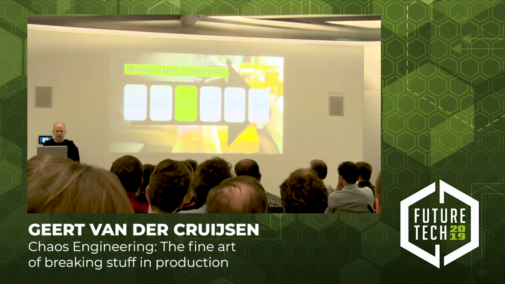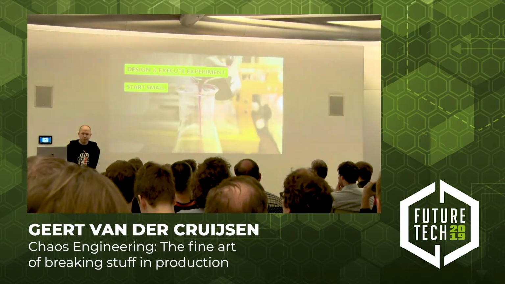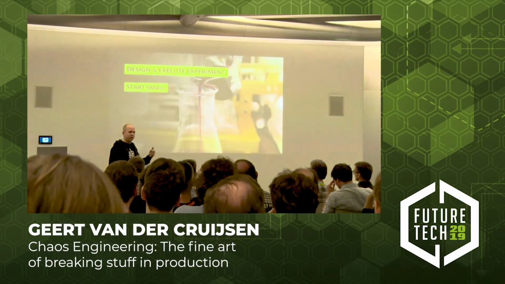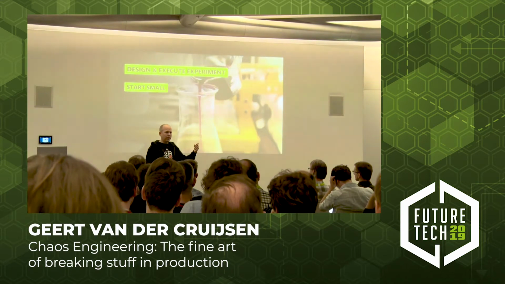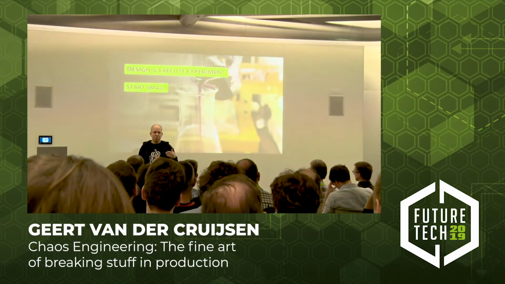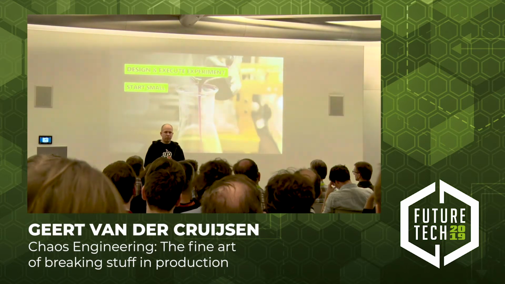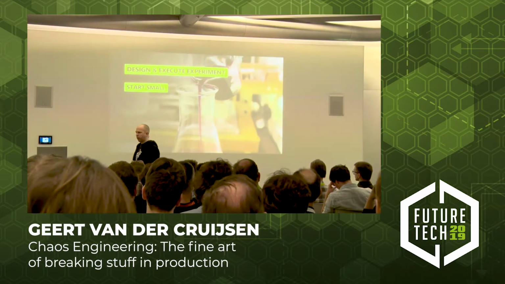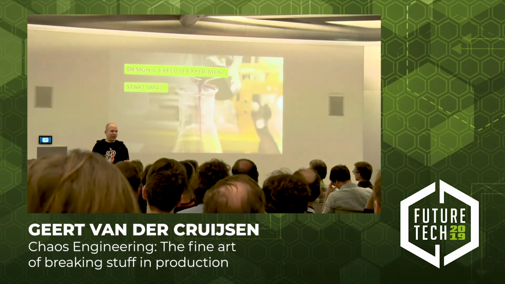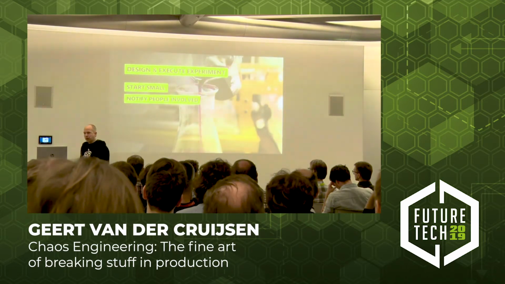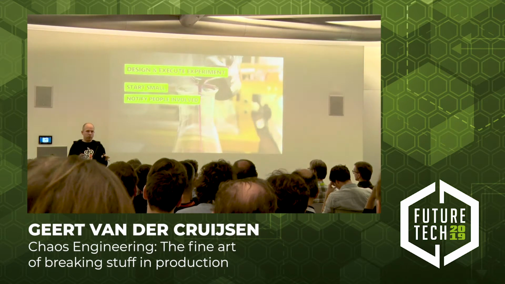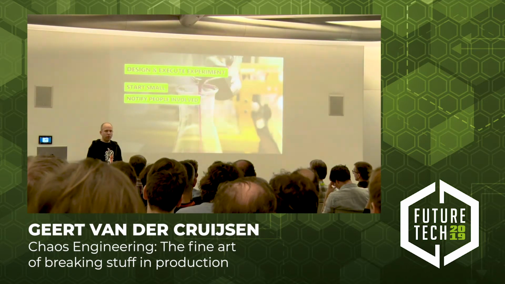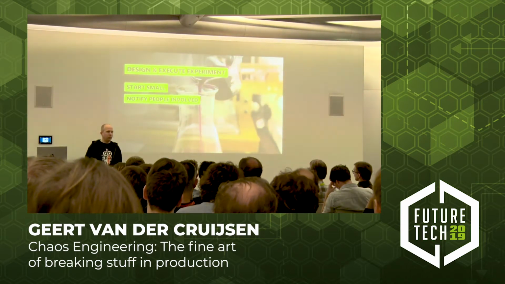So then we start designing and executing our experiment. And my advice is start small, right? I already showed you the picture of the steady state. If you're able to route a small percentage of your users to a different cluster or different part of your application where you can do these experiments without affecting your full group of users, that's a lot better. So start small. Notify everyone who is involved that you're doing this experiment, so that not some other guy who's also watching certain monitors will start running in and try to fix stuff.